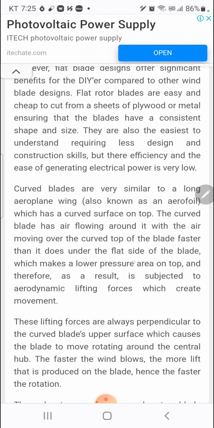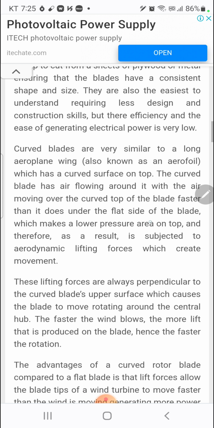Curved blades are very similar to a long aeroplane wing, which is known as an aerofoil, which has a curved surface on top. The curved blade has air flowing around it, with air moving over the curved top of the blade faster